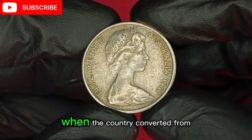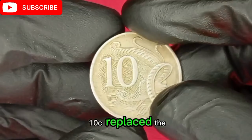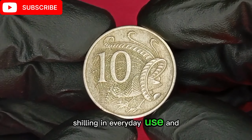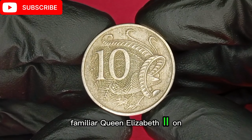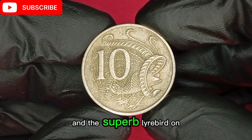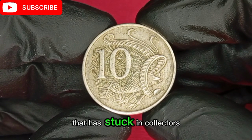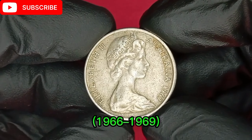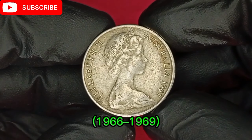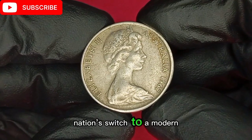country converted from pounds, shillings, pence, to dollars and cents. The 10c replaced the shilling in everyday use and carried a design that quickly became familiar: Queen Elizabeth II on the obverse, and the superb lyrebird on the reverse, a design by Stuart Devlin that has stuck in collectors' minds for decades. The early decimal years, 1966 to 1969, are interesting because they represent the nation's switch to a modern